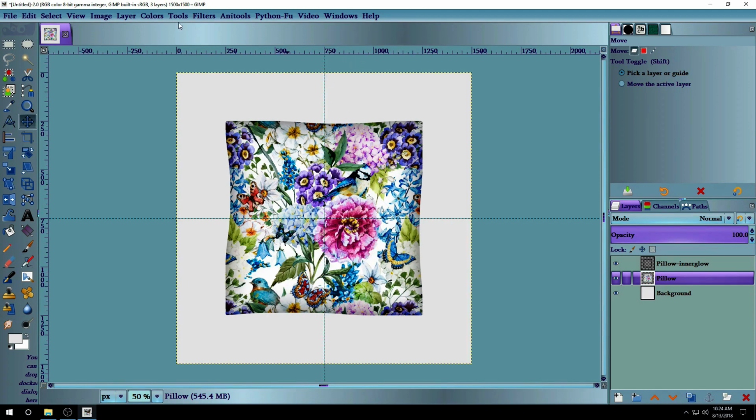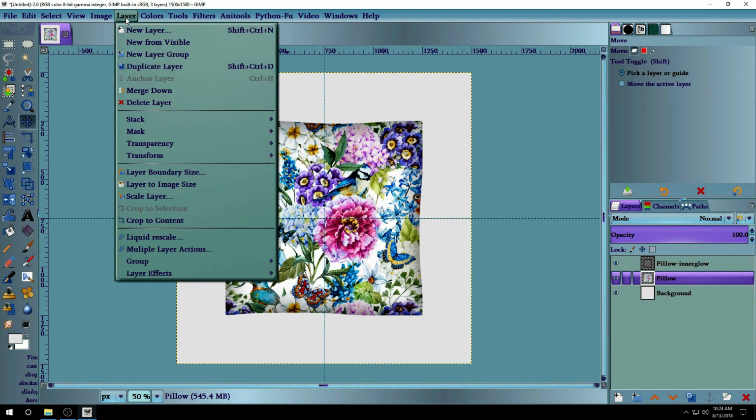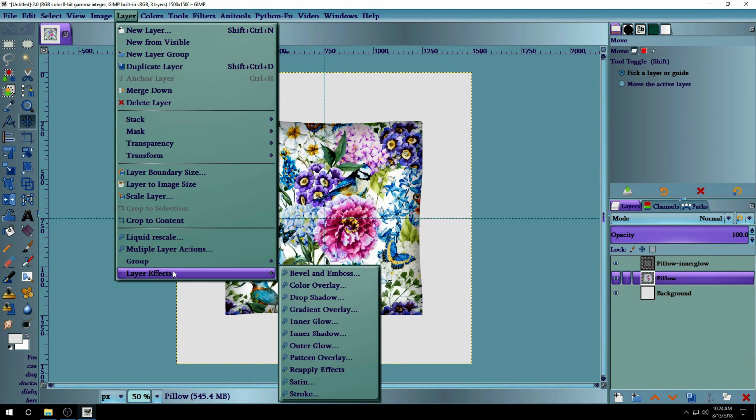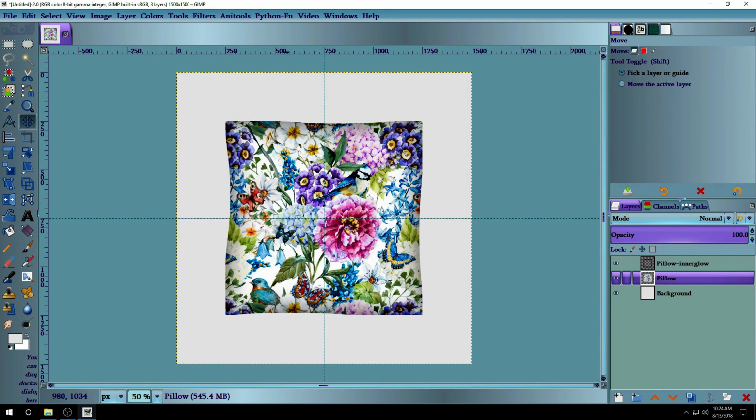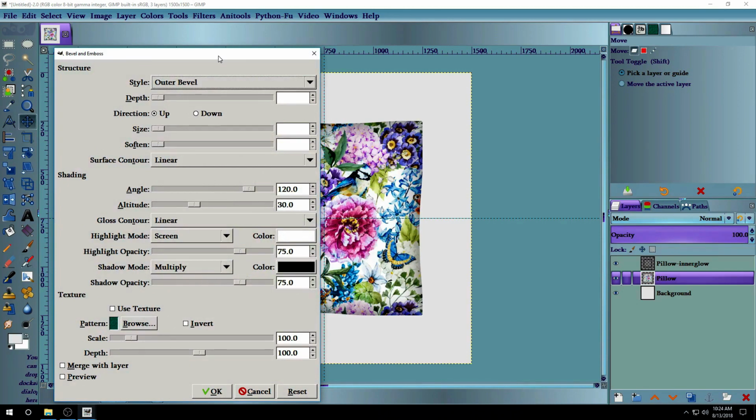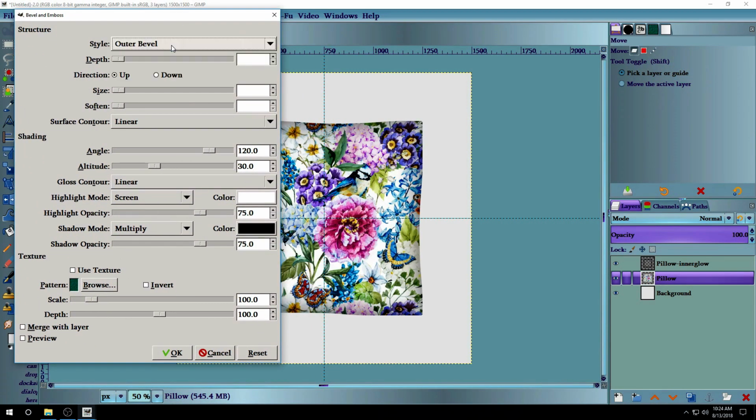So we're gonna go to layer again, and we're gonna use the layer effect filter or plugin, and this time choose bevel and emboss. And here we're gonna change the style to inner bevel, and we're gonna give the depth a 65. Leave the direction as is, and the size we're gonna put 55. Soften to